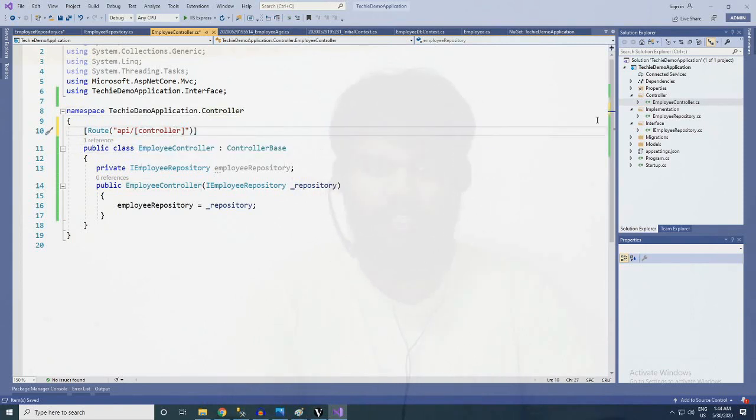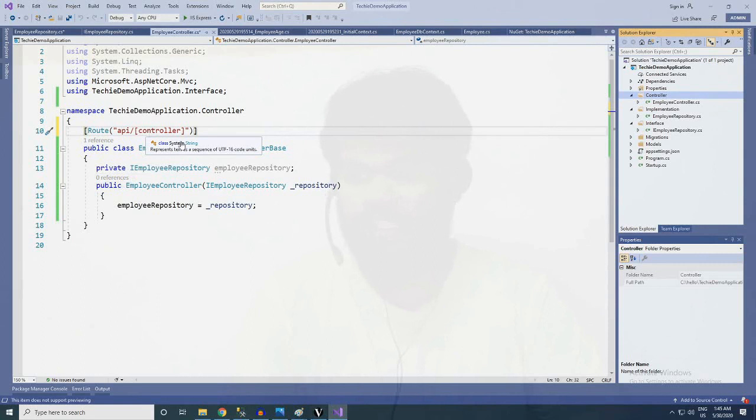If we have another controller, like a company controller, then that will be replaced here, and the end user needs to call API slash company, like that.